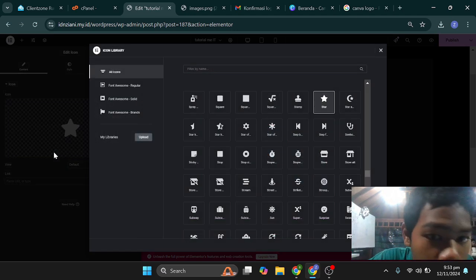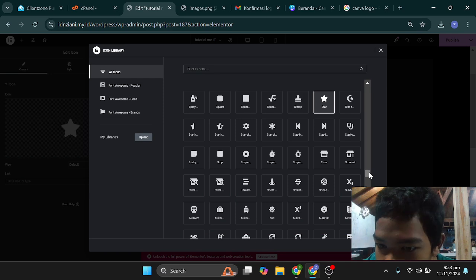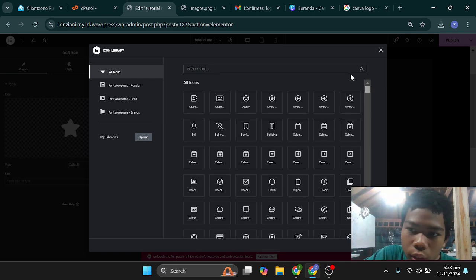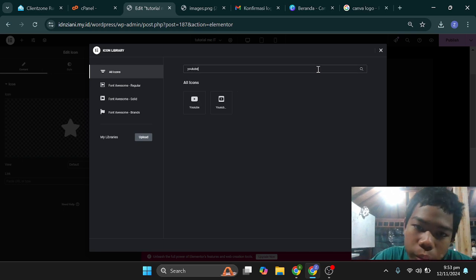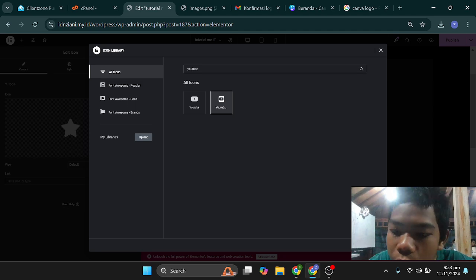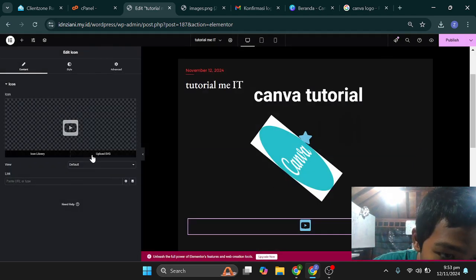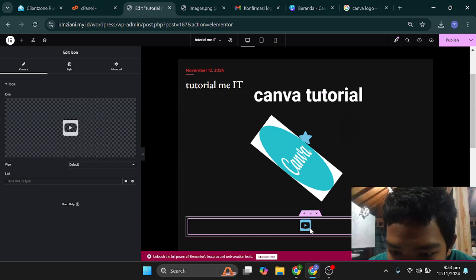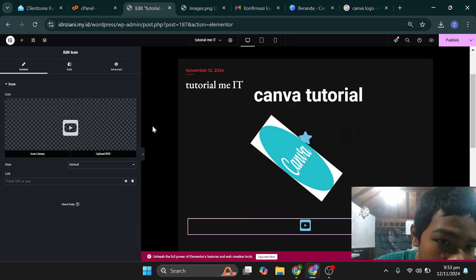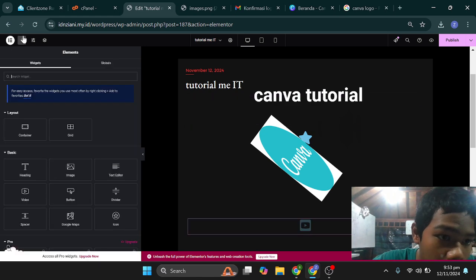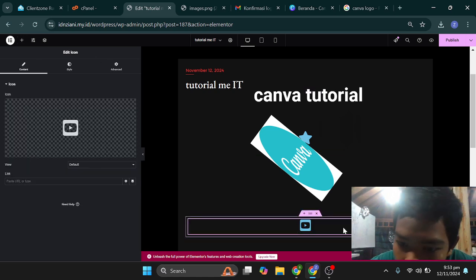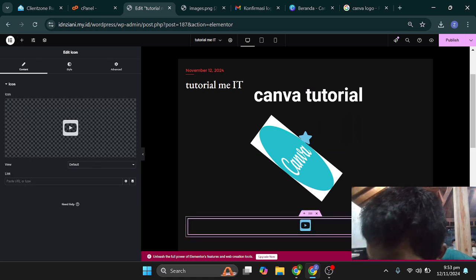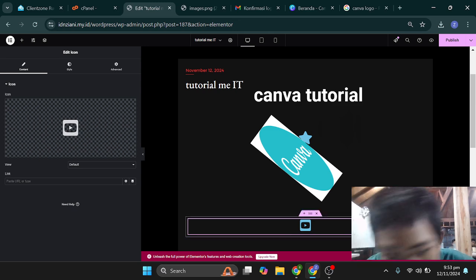So you can go to icon library and you can find any icon you want, even icons for social media like YouTube. Maybe you want to make this a button. Well, easy. You can insert SVG or link here. This can be a button for your YouTube website, and you can even just add a grid like this. If you add this small drawing tool here,